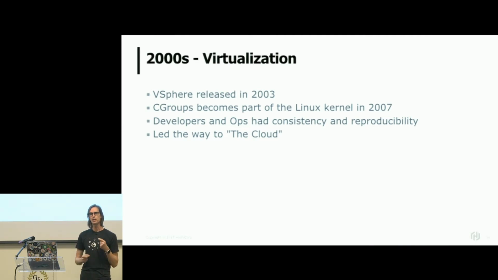It wasn't necessarily attainable. Now, with vSphere and virtualization, what happened was, as developers, we had this capability to run a production machine locally. It gave us the additional quality around testing. It gave us the capability to run consistent environments across our entire stack. And ultimately, it led the way to the cloud.